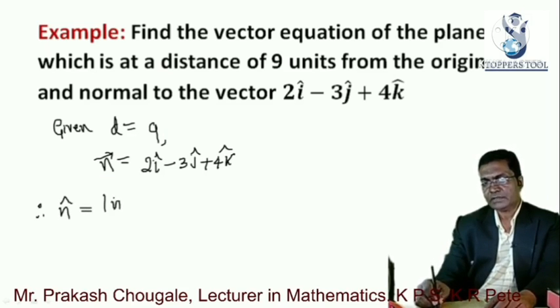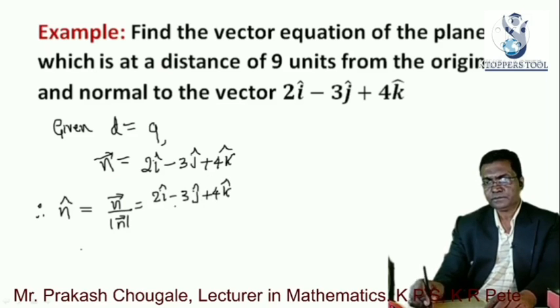As we know, it is given by vector n by its magnitude. So it is 2i cap minus 3j cap plus 4k cap divided by its magnitude, that is square root of 2 square plus 3 square plus 4 square, and you will get